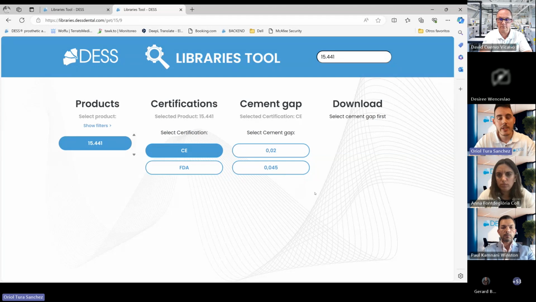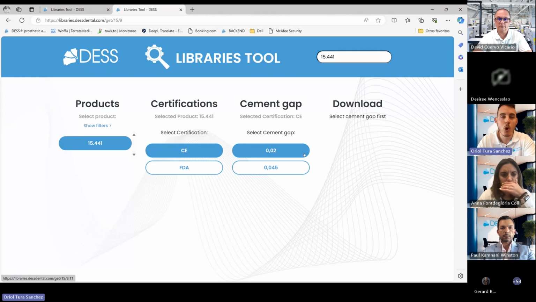The default one, standard one for all companies, normally it's the bottom one, the 0.045. And we also introduced some time ago a reduced gap library for those who want a tight fitting. Then, once we select between the gaps,